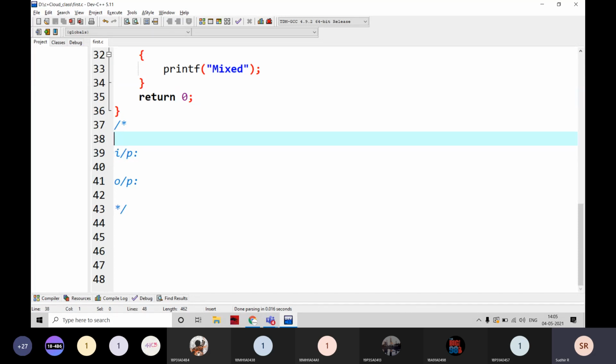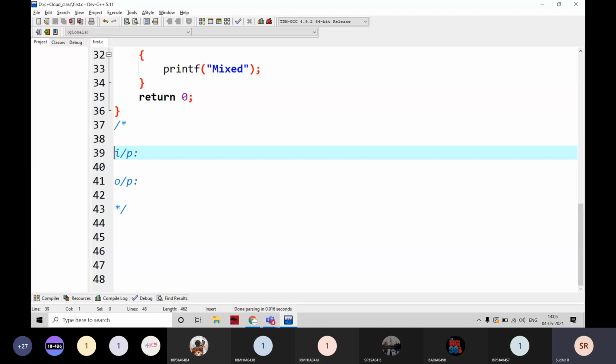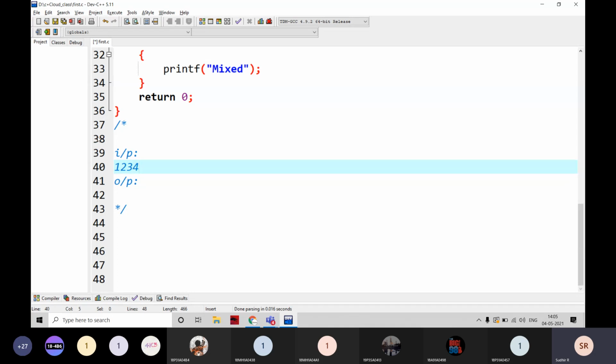Even and odd and everything is done. If a number is there, now I'm going to reverse the number. For example, I'm not printing in the reverse order here.